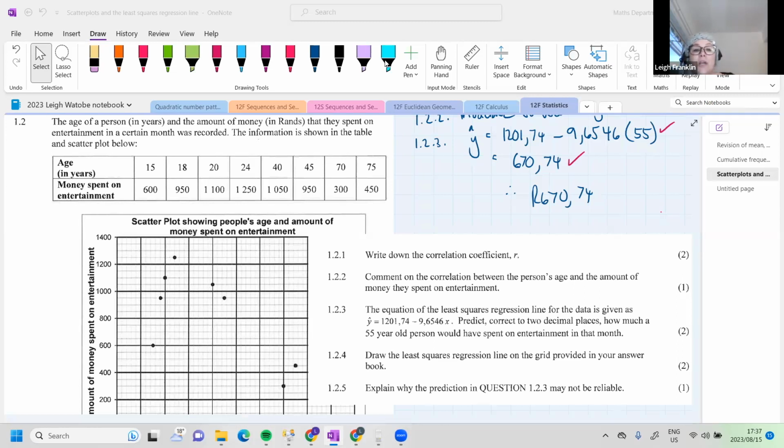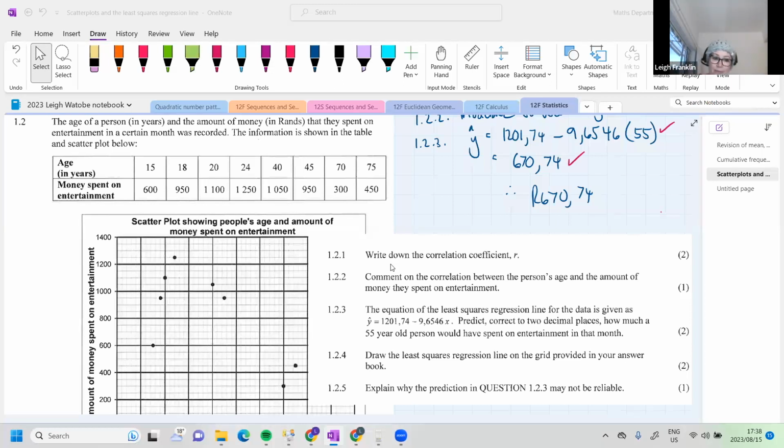So you can't go outside of your smallest x and your biggest x, because then it would not be reliable. We don't know what would happen with people that were younger than 15. And we also don't know that the data would follow the same trend for people outside of 75. So we can only make predictions using our least squares regression line on people between the ages of 15